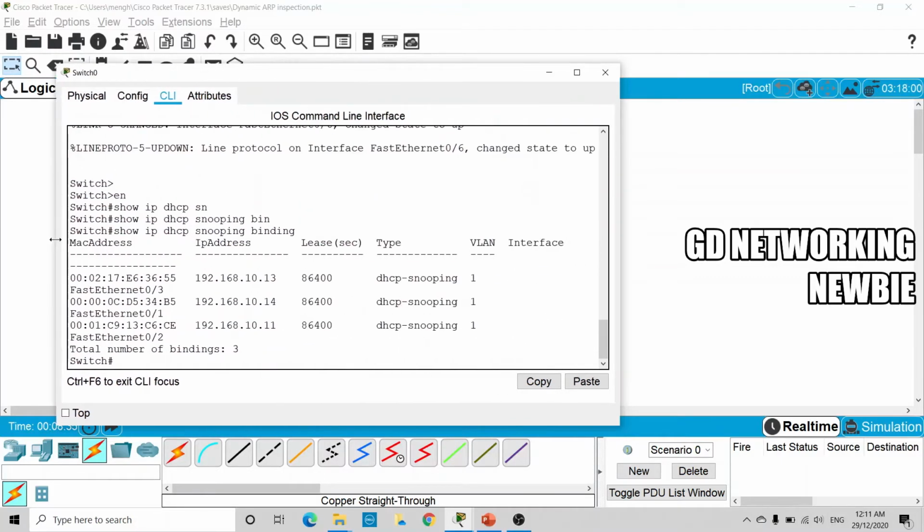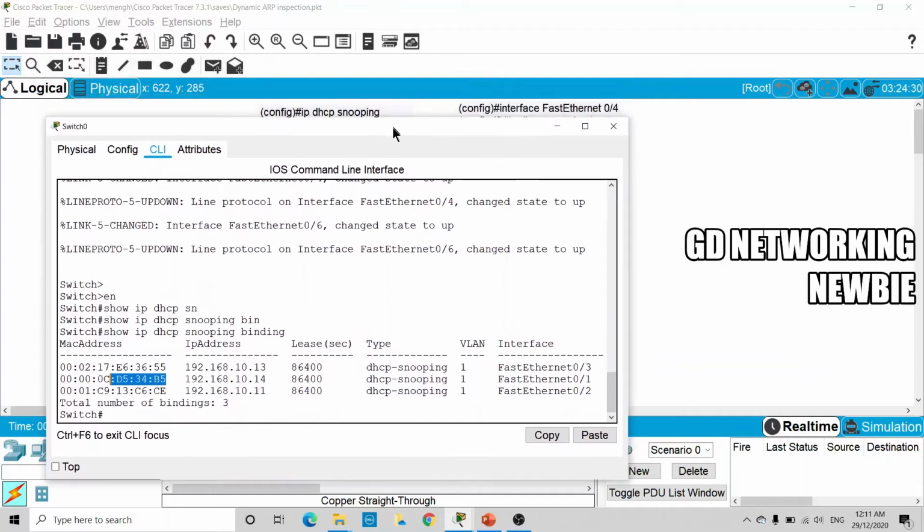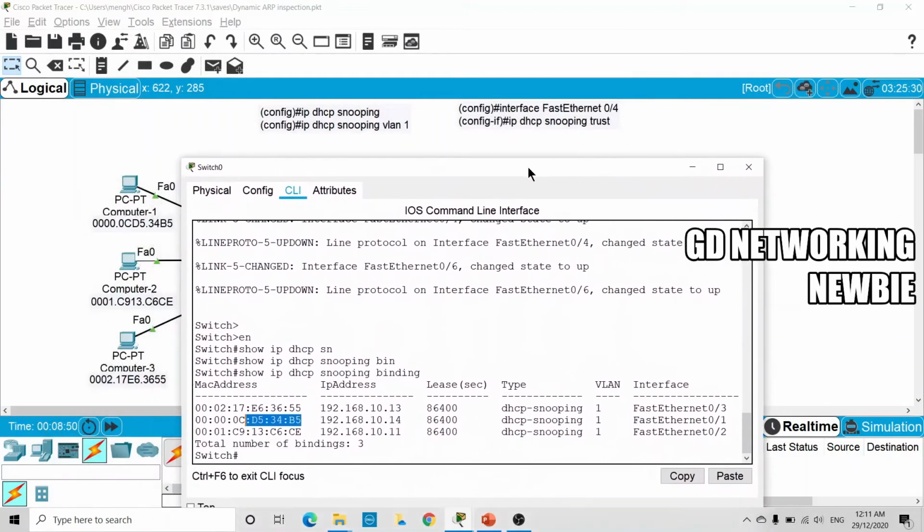We can see in this IP DHCP snooping binding database we have the information about the IP address as well as the MAC address. It means we have the information about which IP address is assigned to which computer, meaning which hardware address.